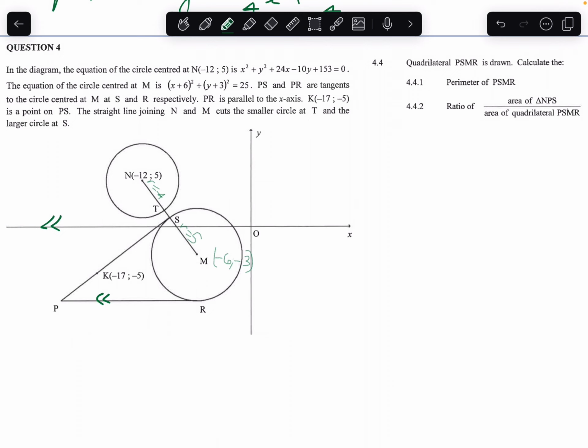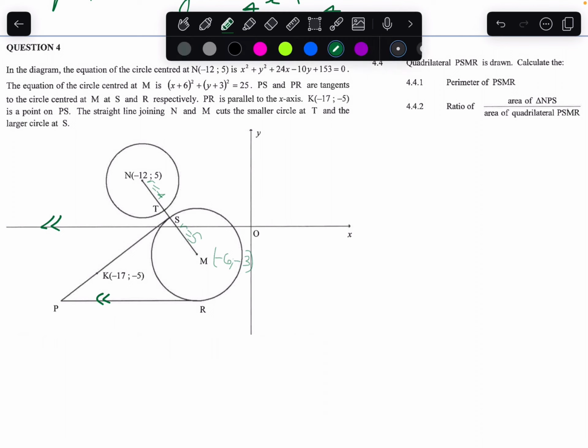So question 4.4, quadrilateral PSMR is drawn. Okay, so we're just joining. Let's do that. Okay, right. That's a kite. Okay, calculate the perimeter of PSMR. Okay, so I mean